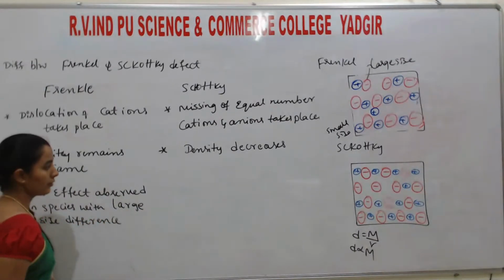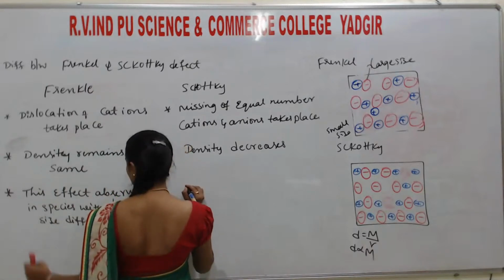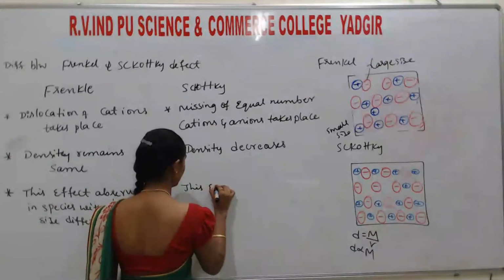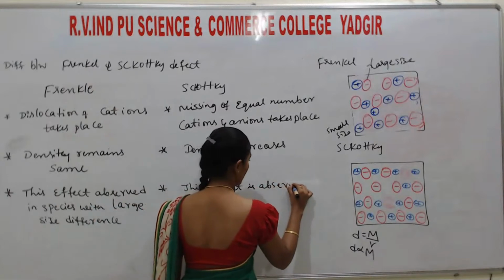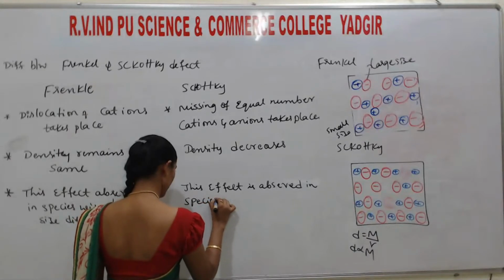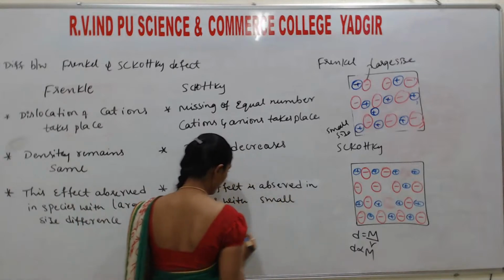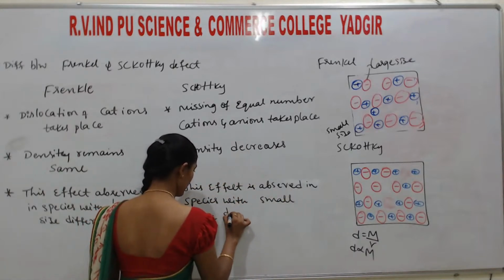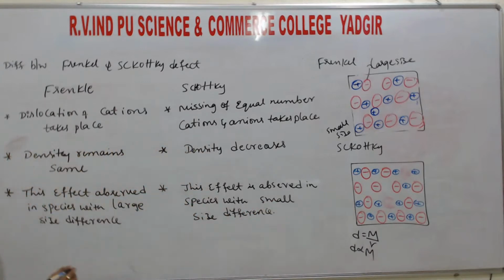Here, complete missing of cations and anions takes place, so this effect is observed in species with a small size difference. Okay, so the last one is examples, that is ZnS, AgBr,